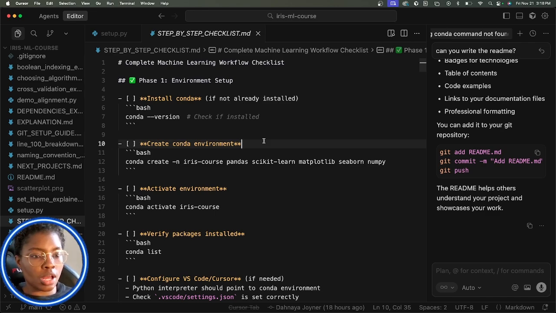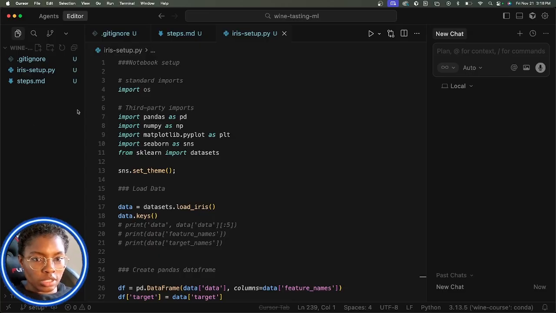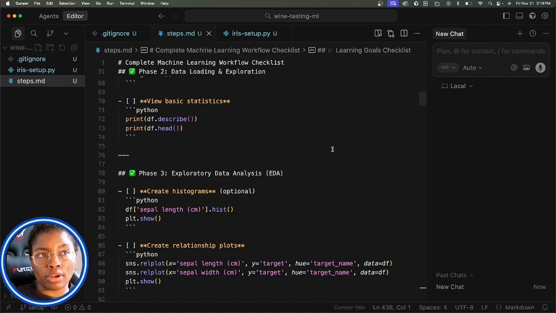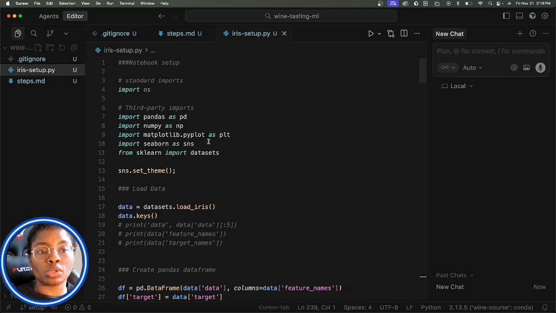So now I am gonna try this wine tasting machine learning model, and I have the steps from the iris one as a guide. Also have the code from the iris one again as a guide, just to make sure I'm going down the right path. So I think the first thing,